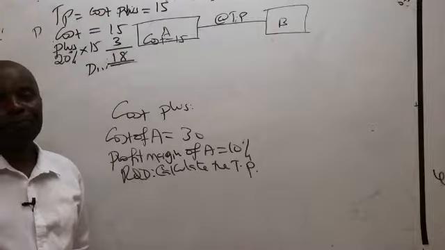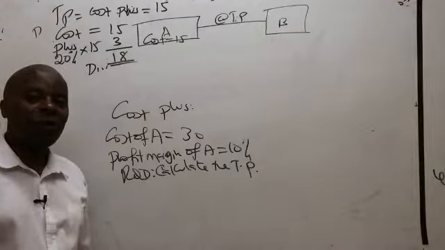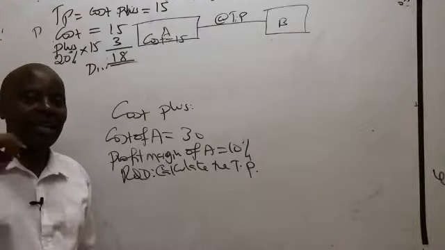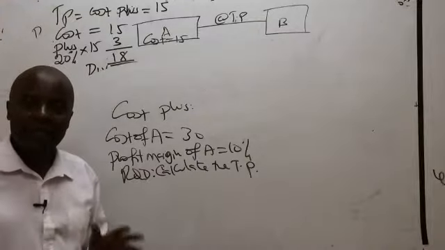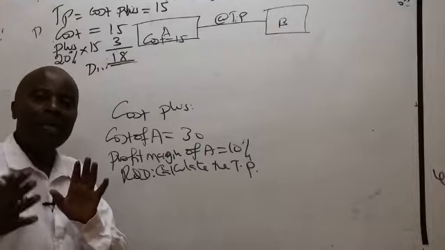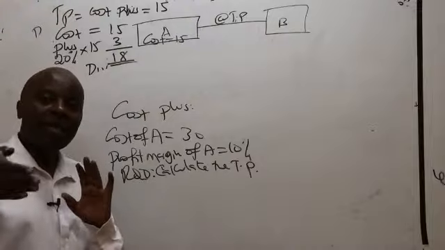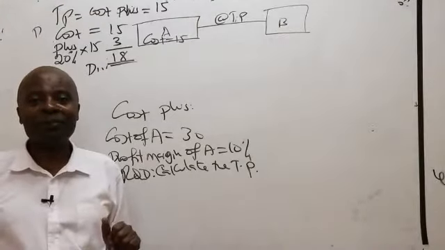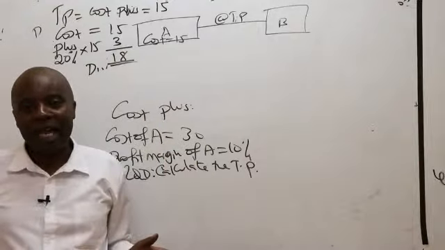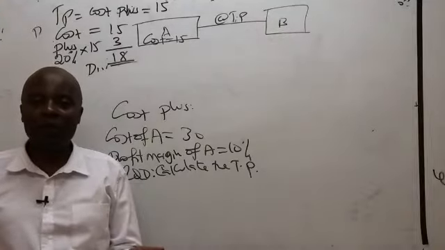He's asking, what about the 5 for packaging? Thank you very much. Who is carrying the packaging cost of 5? Is it A? No. A is producing at 15, and then they transfer everything to B. B now will be the one packaging. So the packaging cost is being incurred by B, not A. The total cost of A has been given as 15. Thank you very much for that question. I hope I've been able to answer it.